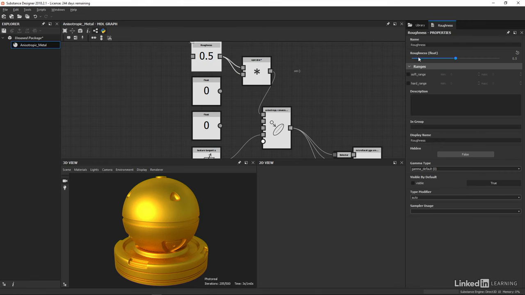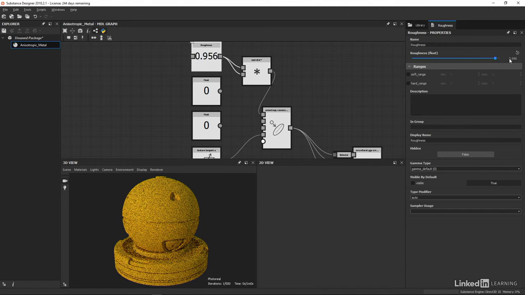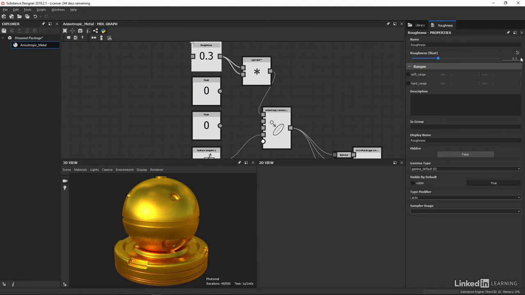If we set this to 0, we now have no roughness and so see shiny metal again, and if we set it to 1, the metal is completely rough, leaving us with no discernible reflections at all. So that we will be able to see the anisotropic effect in just a moment, let's set this to a value of 0.3. To create the anisotropic effect, let's right click and expose the second float node, calling this anisotropic level,